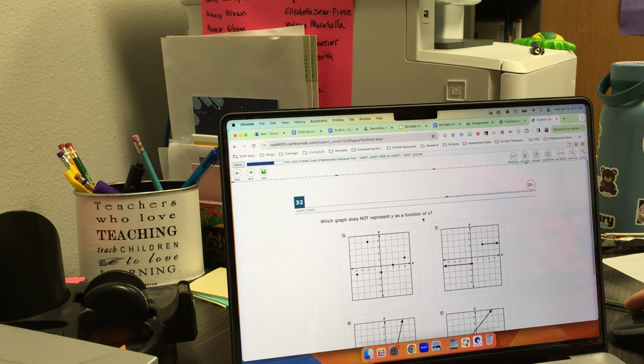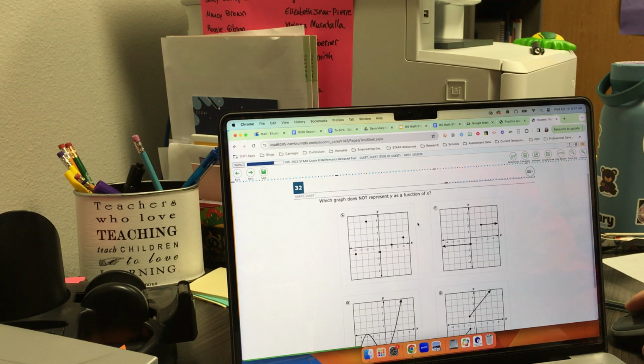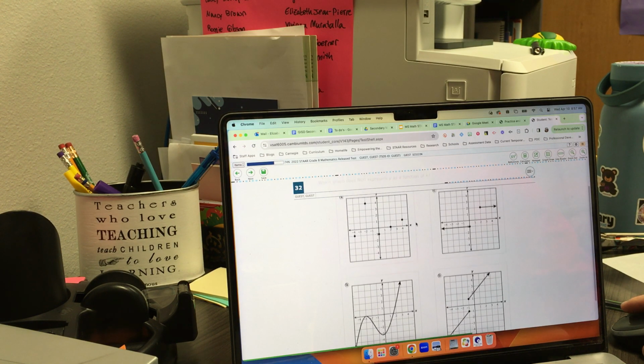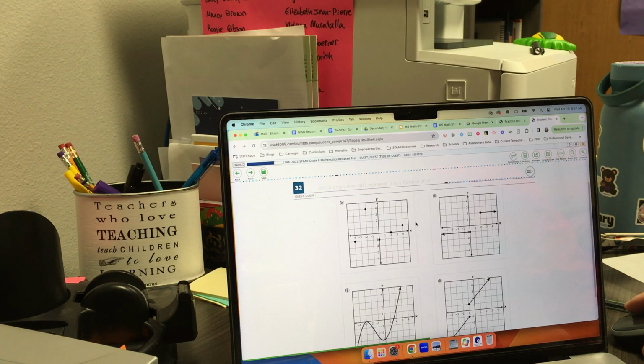Which graph does not represent y as a function of x? So when I'm looking at the graphs of relationships, I know that they are a function if each x value is only associated with one y value. And that would be the case if a vertical line can pass through the graph and never touch the graph